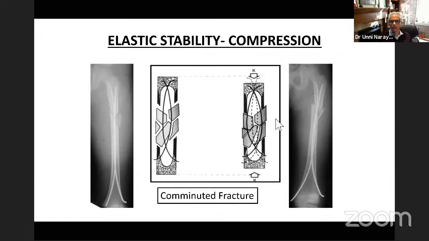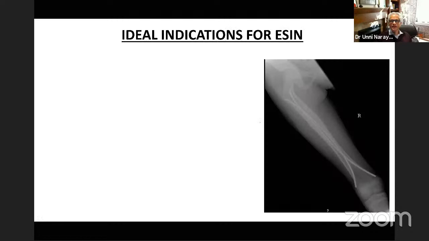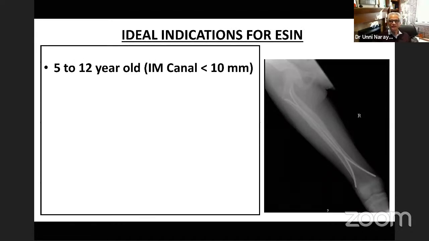So here's an example of a comminuted fracture where that is exactly what happened. It slid, and what was of normal length here, you can see that the rods have slipped outwards as the fracture has migrated proximally. So the ideal indications are this particular age group with a canal size of less than